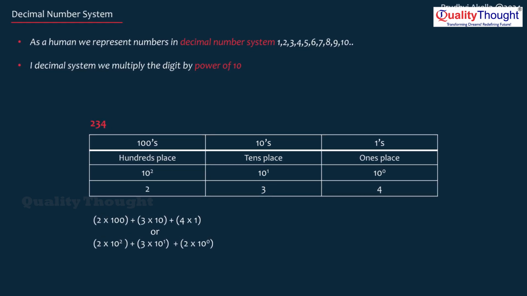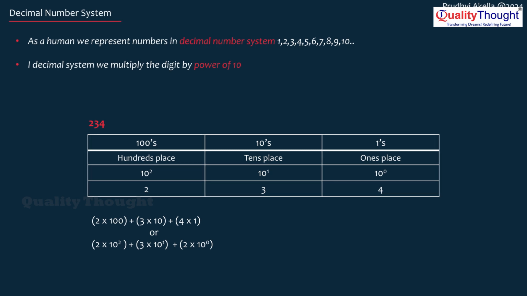So this is how the decimal number system usually looks. We have the ones place, tens place, and hundreds place. Now if you wanted to represent 234 in the decimal number system, this is how it looks. We put 2 in the hundreds place, 3 in the tens place, and 4 in the ones place. Now 2 times 100 plus 3 times 10 plus 4 times 1, the summation of which would be